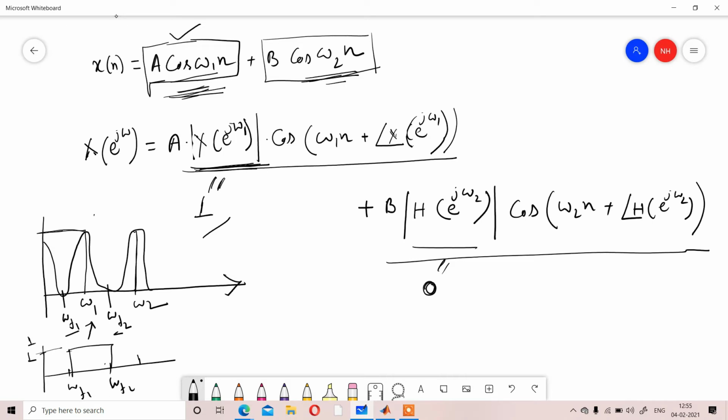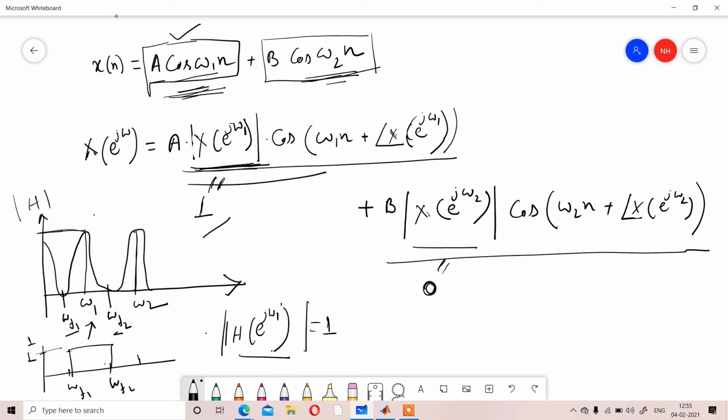That is x, that is also x, and that is also x. So that is your input, there is no relation between that and the filter; depending on that input we design the filter. Whenever we design the filter we will get h, and in that h we are defining h e to the power j omega 1, meaning that part's magnitude is equal to 1, and we are multiplying this with that sequence.